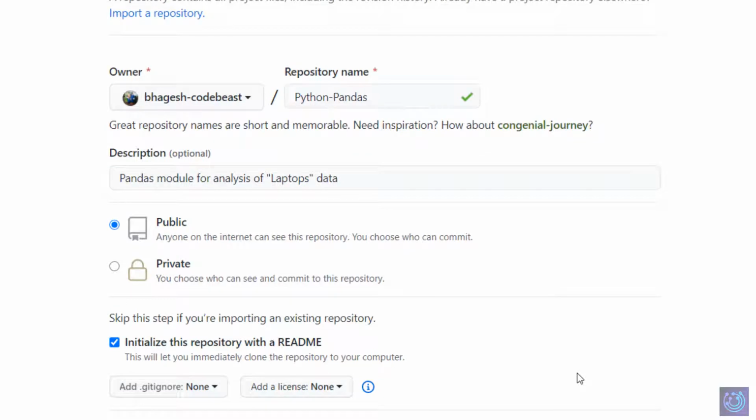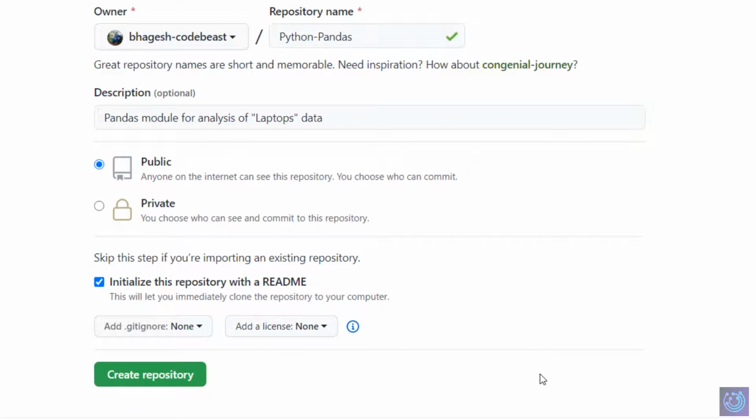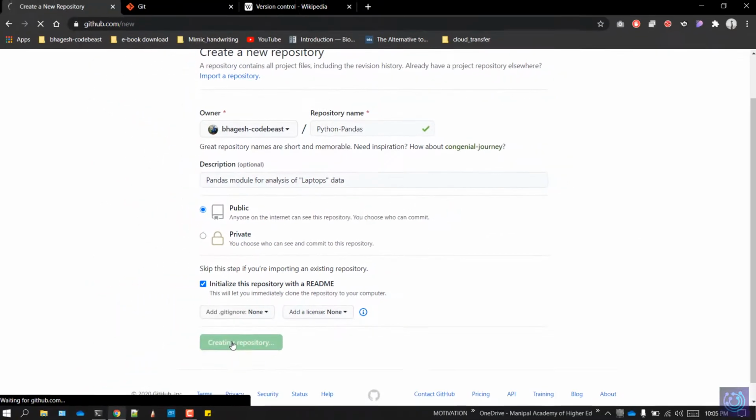It actually contains your description, which you mentioned here, along with any extra details regarding the description for your project or what modules you use in that project. You can use readme. It's like the landing page of a website. The readme file looks somewhat like that. So after you're done putting all these details, just click on create repository.